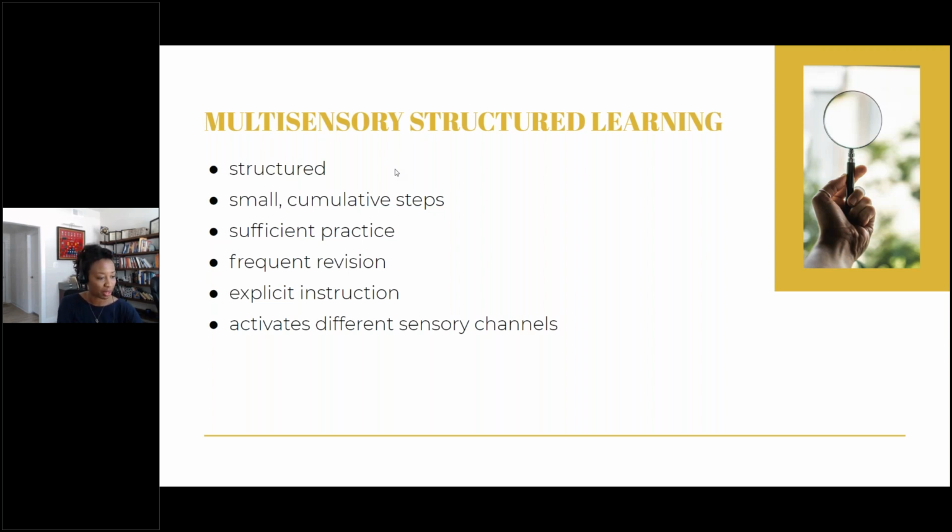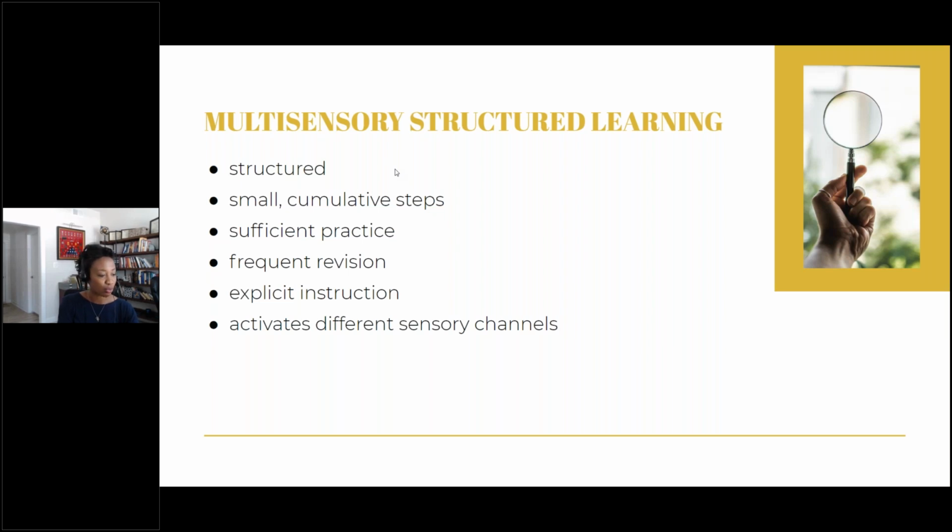So I'm going to read a little bit from one of the chapters that was sent in this MOOC, and it says that the multisensory structured learning approach was developed by Sparks et al. in 1991, which was based on Gillingham and Stillman in 1960. And Gillingham and Stillman in 1960 devised a systematic reading instruction program called the Orton-Gillingham approach. You may have heard that before. But what it says is the